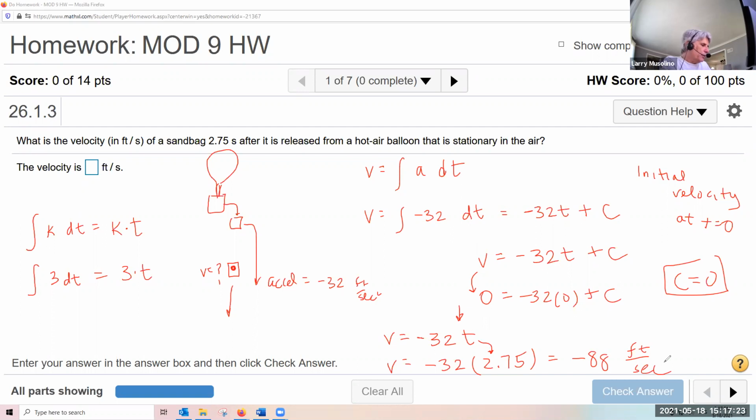Velocity is measured in feet per second. Acceleration is measured in feet per second squared. Okay, so this is the formula you'll need to figure out velocities if you know accelerations. All right,